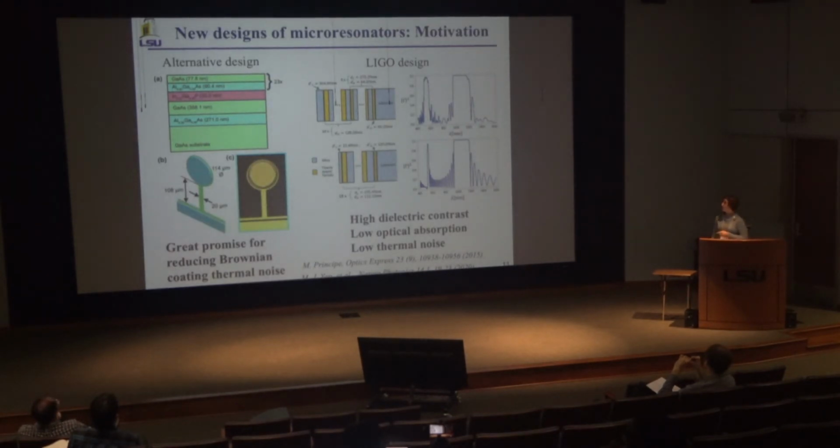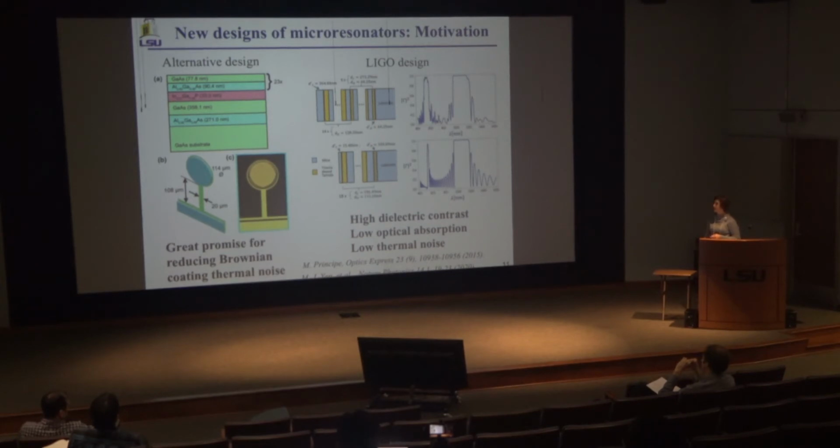Here you can see the LIGO design, the mirror that they already use in the real LIGO detectors in Livingston and Hanford. The structure is based on silica and doped tantalum, and this mirror has a very high dielectric contrast, very low optical absorption, and low thermal noise. But recently, Dr. Corbitt's students'